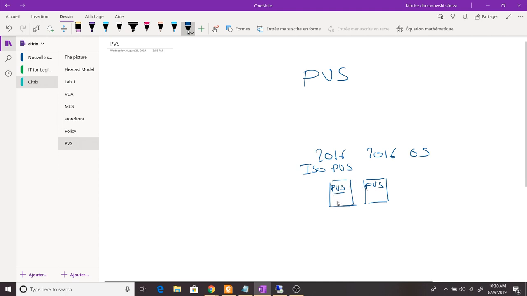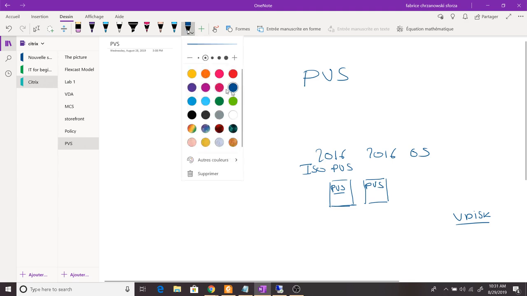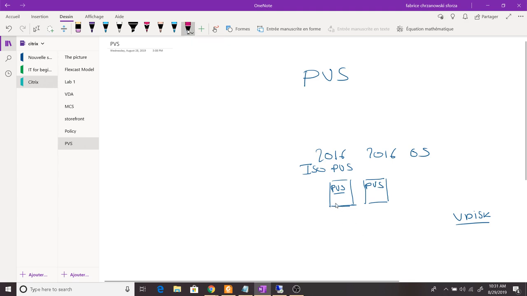But so here after the PVS, something important is that you must have a storage. Why? Because you will have to save the vdisk. We will see exactly what a vdisk is after, and first just the prerequisite. Okay, so after, what you need is two solutions. You can use the hard disk on these two VM. Okay, it must be a very fast hard disk, and you have a way after to do replication manually